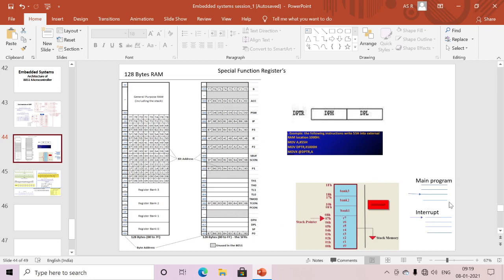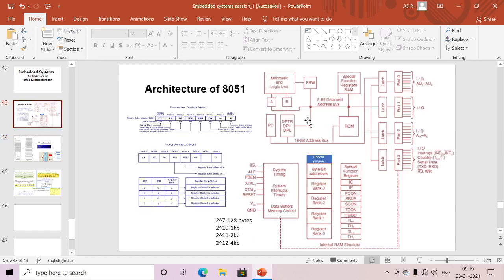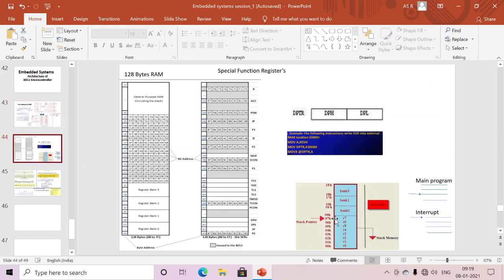We are storing the return addresses. Mainly if I want to come back to the previous address, whatever the previous address is, I store it into the stack, and whenever I come back to the main program, I retrieve it from the stack into the program counter. We are always storing the address using the stack pointer whenever I want to come back to normal program execution, so that I can retrieve it from the stack. Mainly we use the push and pop operations to access the stack. Here it is last in, first out. That is the main use of the stack pointer.